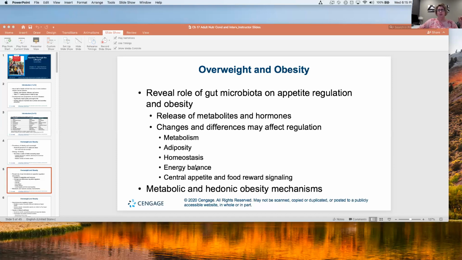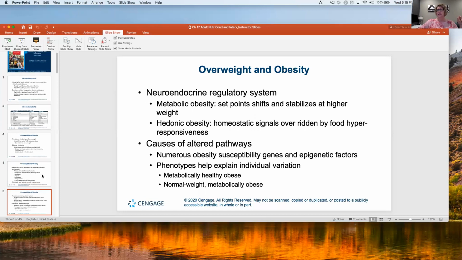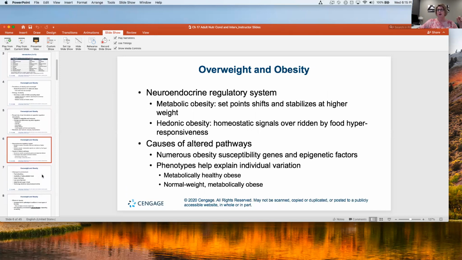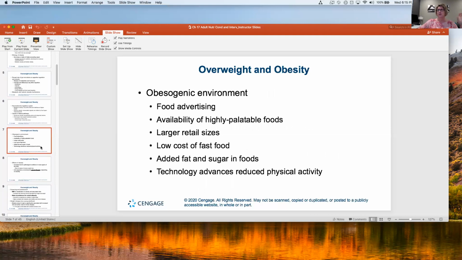I also want you to take a little bit of time and look at these areas here when we start to look at obesity and how some of these things come about. But I'm going to let you guys read a little bit more of that, because I want to get into this. Be familiar with the term obesogenic